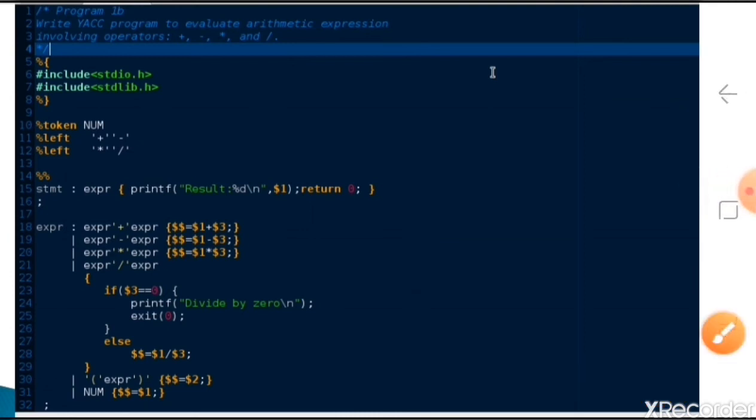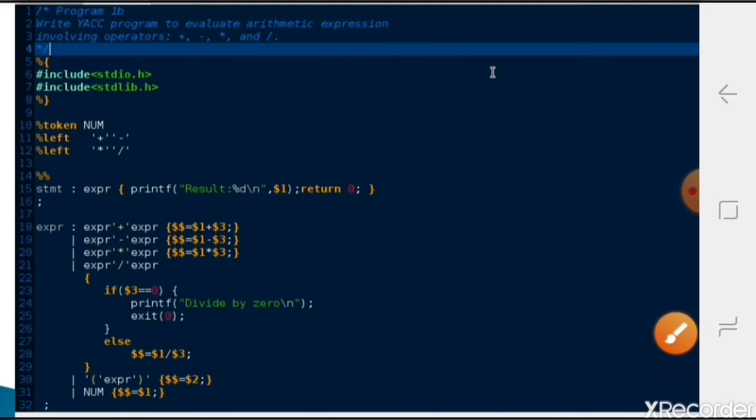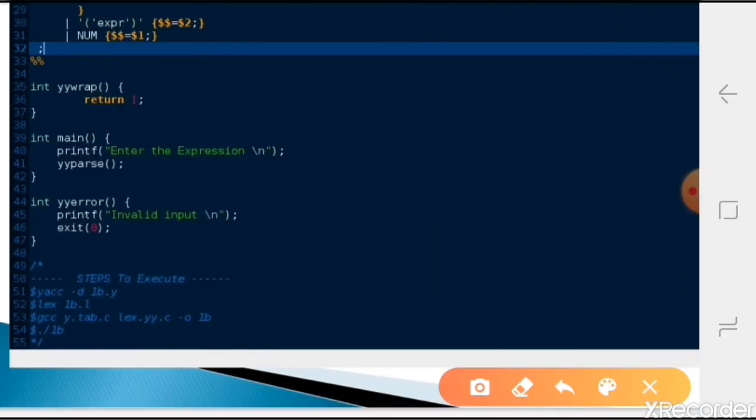Otherwise not. Whatever we write in this grammar section will be converted into a C file when we compile this Yacc program. That C file's name is y.tab.c.